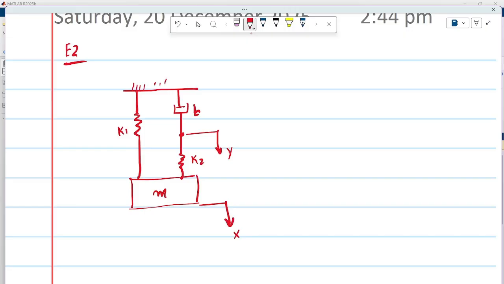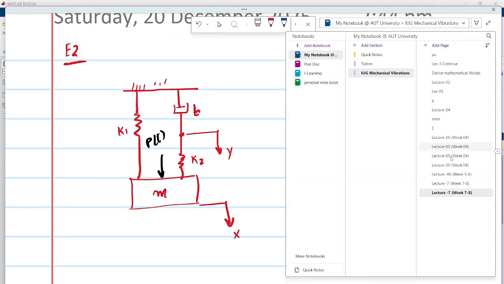So now consider this mechanical system and consider it is initially at rest. So our position at time 0 is 0, and the velocity at time 0 is also equal to 0. And suppose that the force being applied is a step force. If you remember the step force,